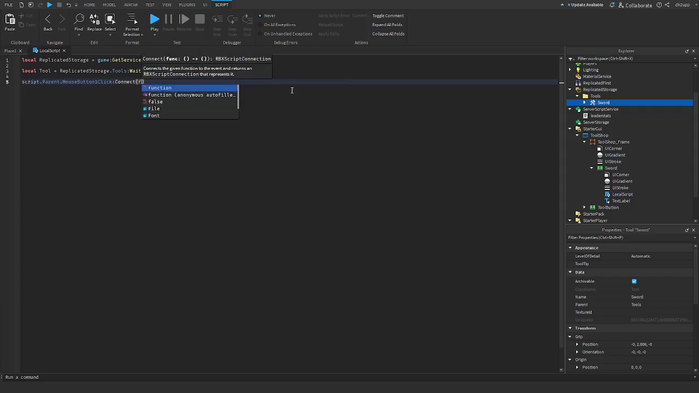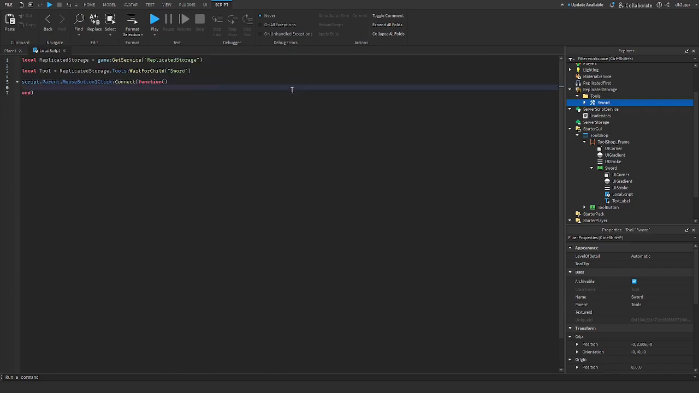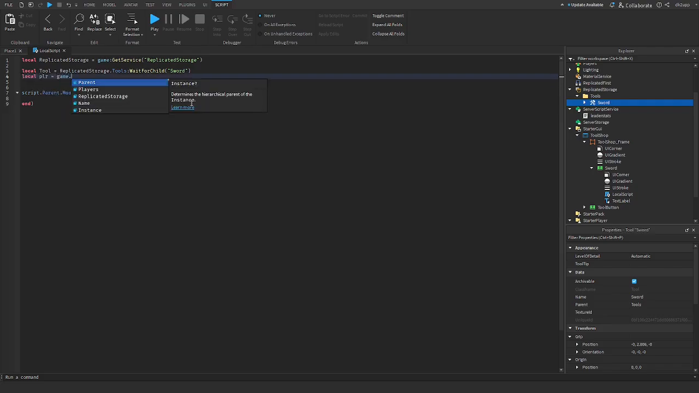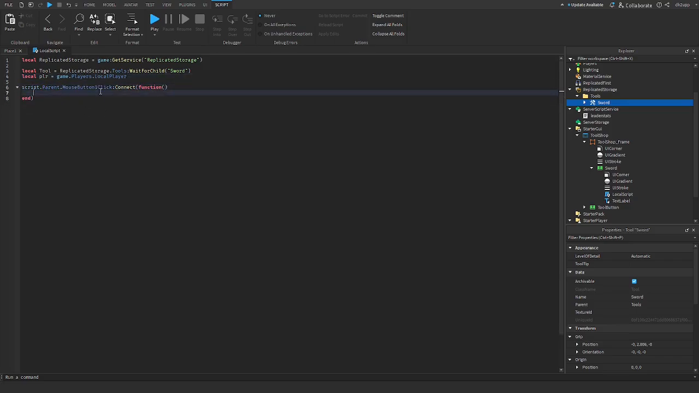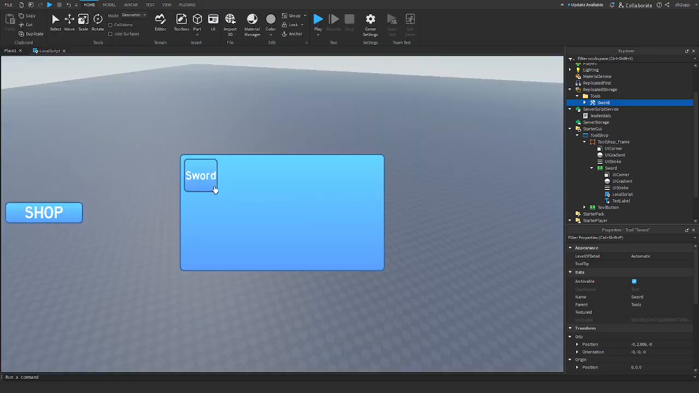Now we're going to do script.parent.mouse button one click colon connect function. Oh, whoops. Connect function, and we're actually also going to define the player, so we're going to do local plr is equal to game.players.local player. This is just the same we did before. Whenever we click the button of the sword, so whenever we click this button right here,